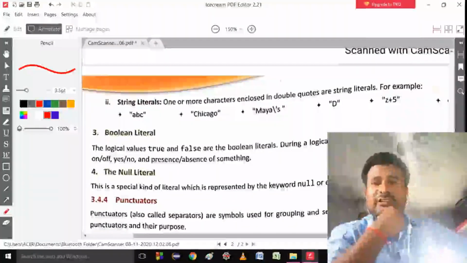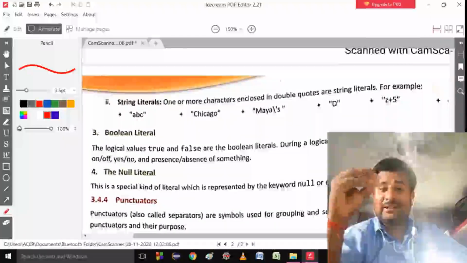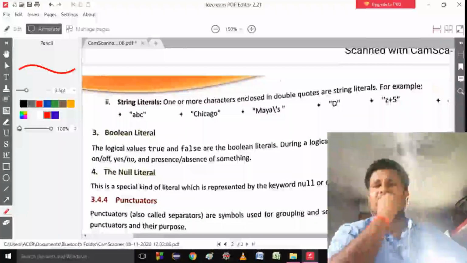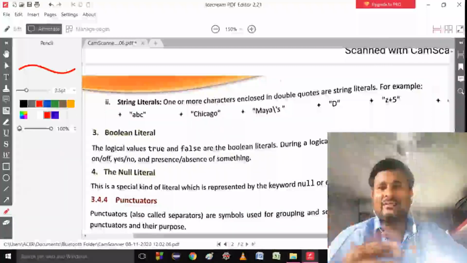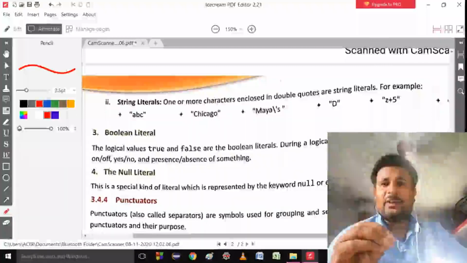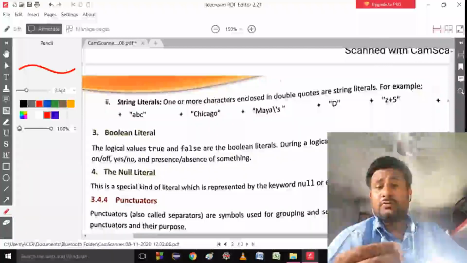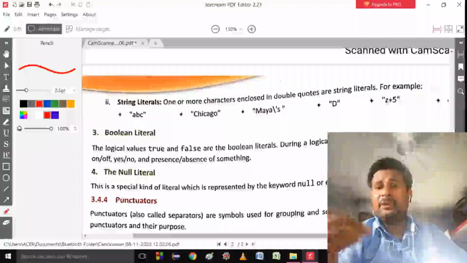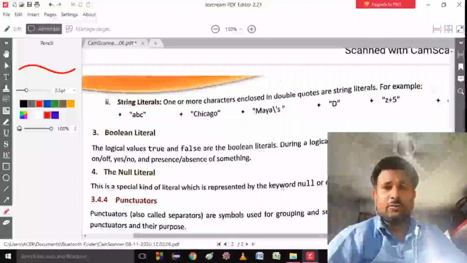Next, come to the Boolean literals. Boolean literals have the value true or false. What does it mean? In real life, every decision you take is based on some logic. Suppose someone asks whether you will go to school today.